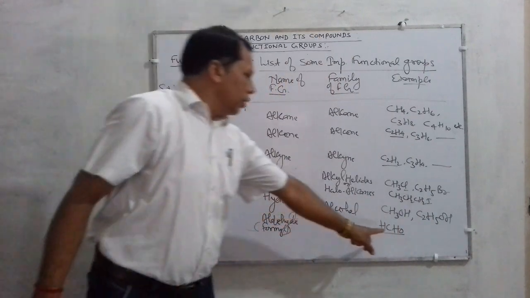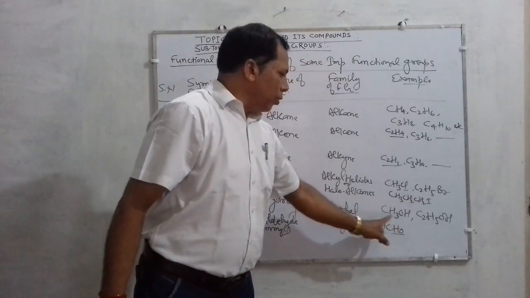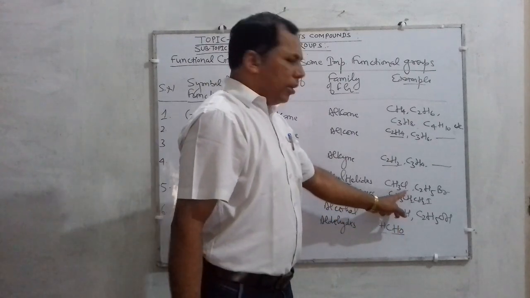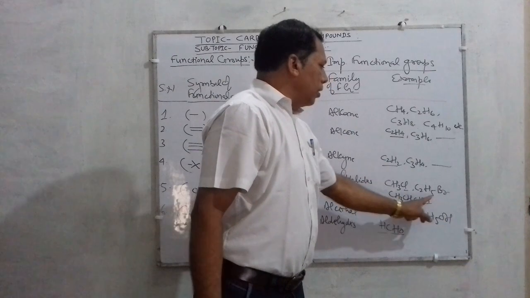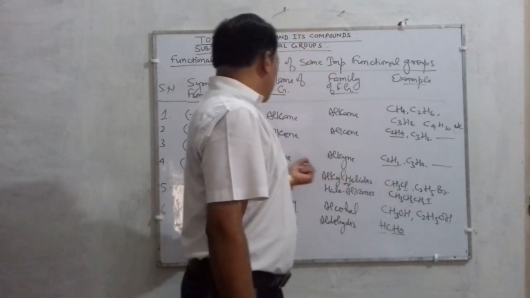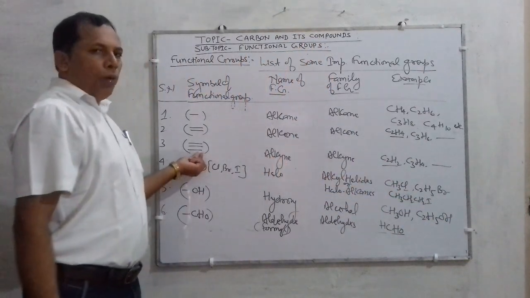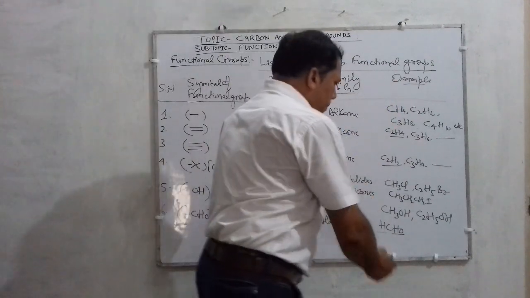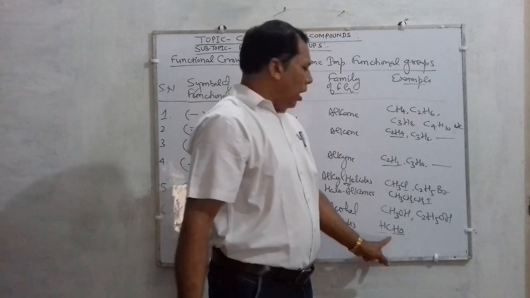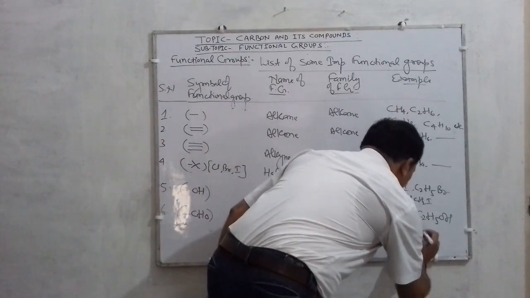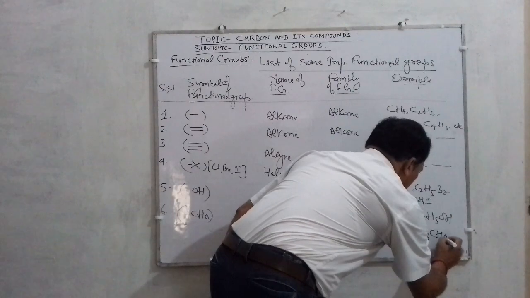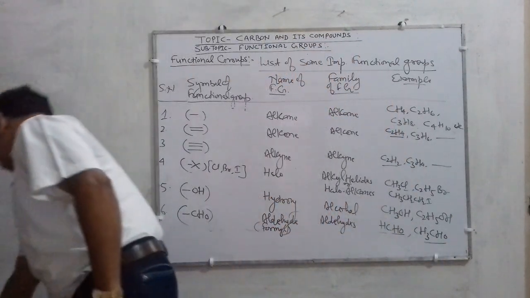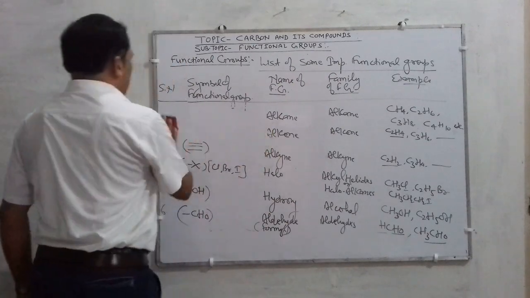So in this CHO is the function group. In this CH3OH, OH is the function group. In this Cl is the function group. In this Br is the function group. And in this the respective bonds are representing the function group. HCHO is methanal or formaldehyde. Other example, CH3CHO, ethanal, also called acetaldehyde. So some more students, write down.